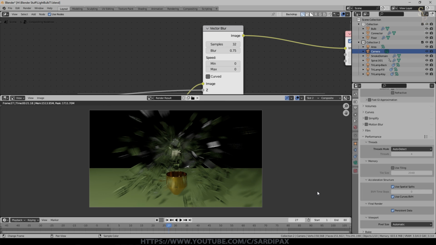But when you render a sequence of frames, you'll find the next frame is actually quicker, and that's because it's kept the data. So I recommend using that setting for an animation, as long as you haven't got any memory problems. You can see this one used 3 GB of VRAM, and I've got 4 available, so it was fine. But if you're running out of memory, persistent data may be an issue.